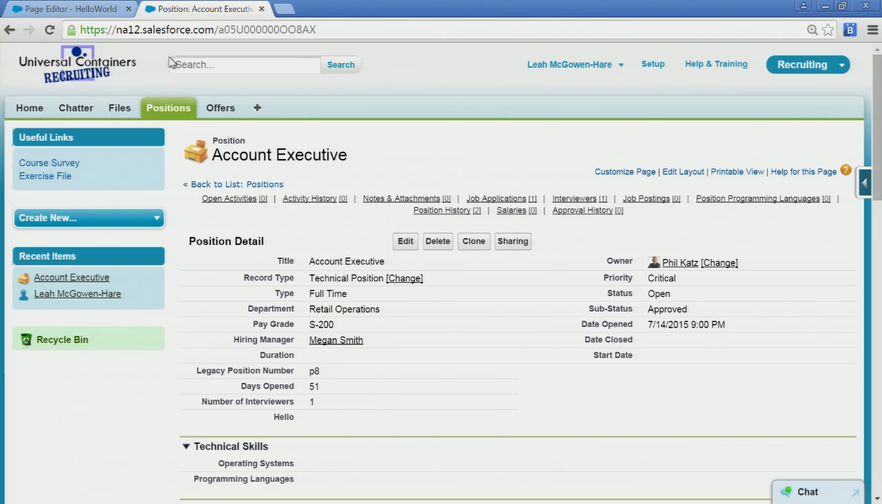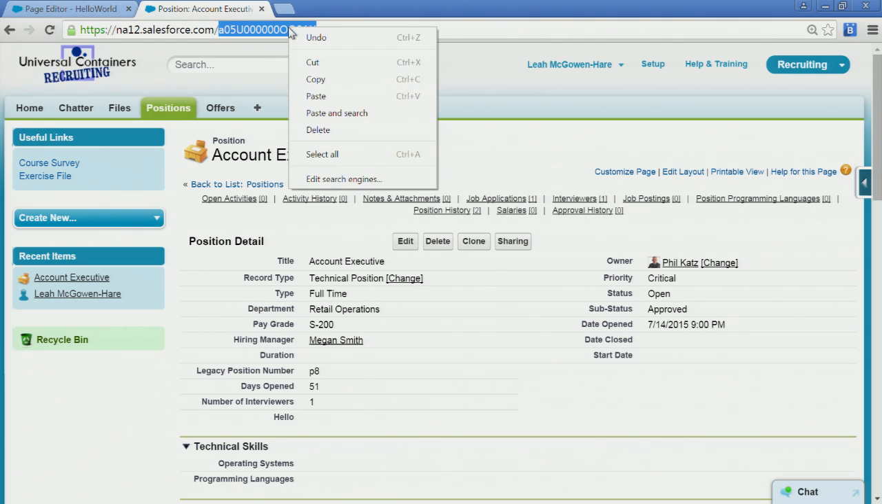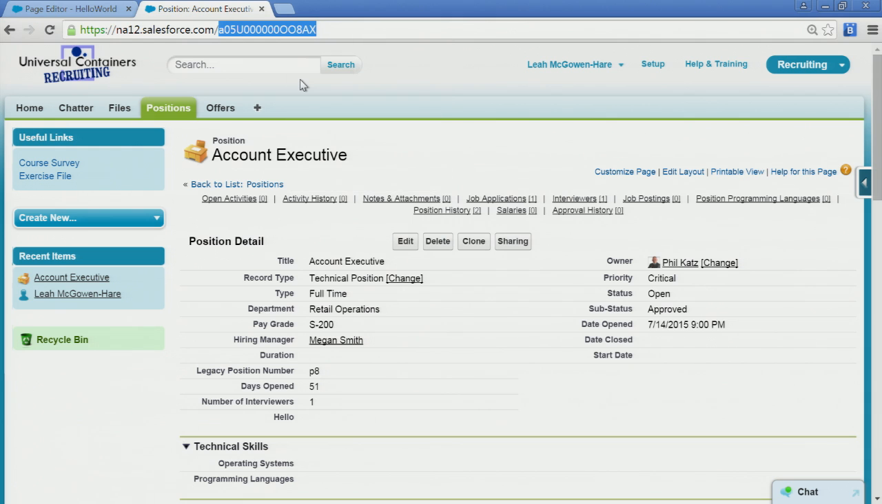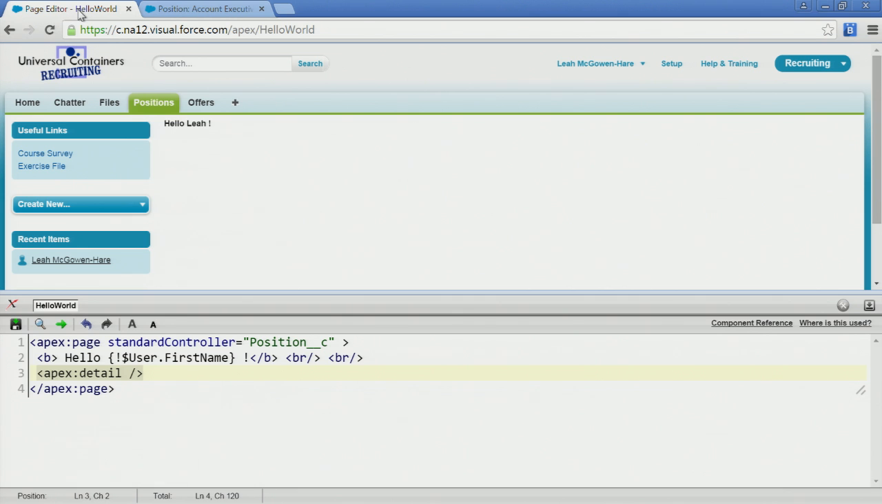And in the URL, you're going to see the 15-digit case-sensitive ID at the top. I'd like you to highlight that, right-click, copy it, return to your Visualforce page, and now be very mindful of what I'm doing here, and I want you to copy exactly what I'm about